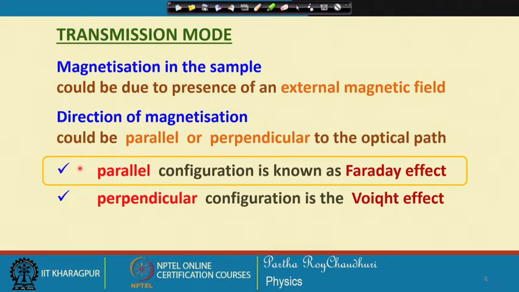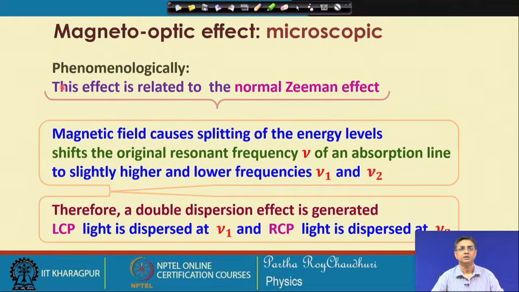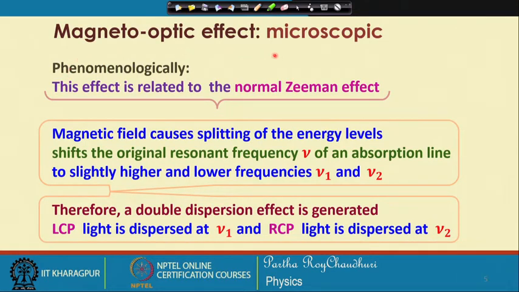So, as I mentioned, the parallel configuration is known as the Faraday effect, which we will again continue for the perpendicular configuration. Voight effect will take up next. So, this magneto-optic effect phenomenologically is related to the normal Zeeman effect. Magnetic field causes the splitting of the energy levels,